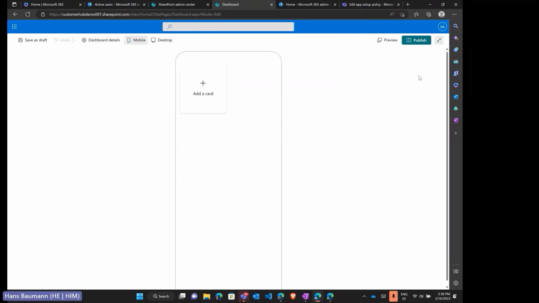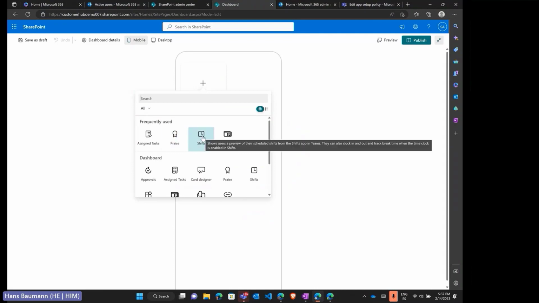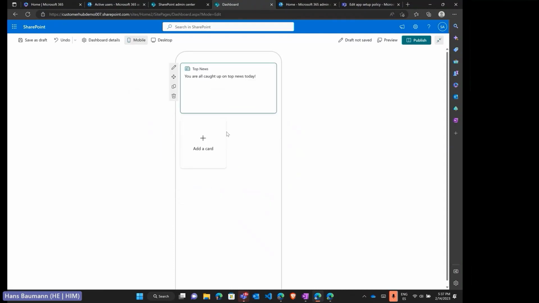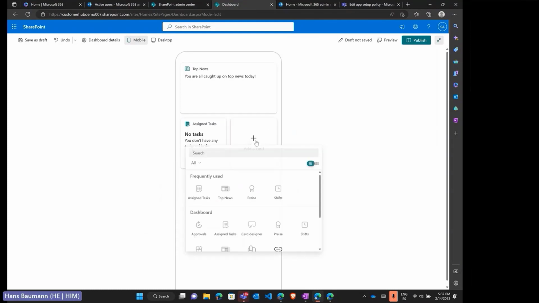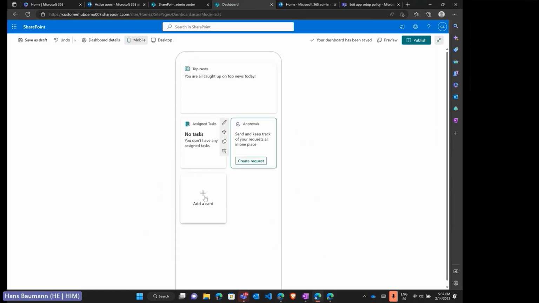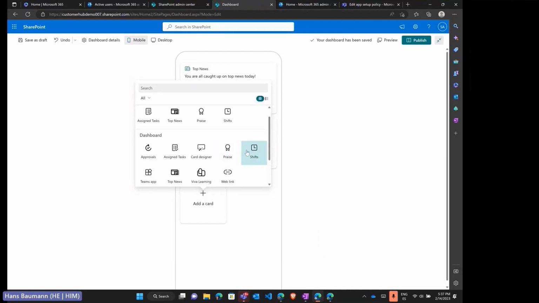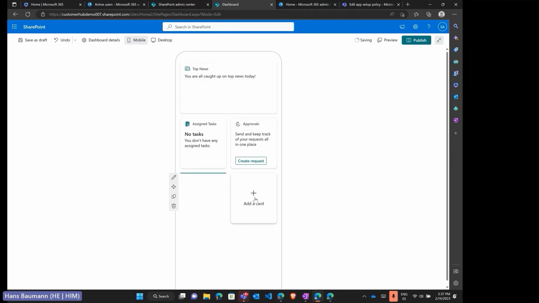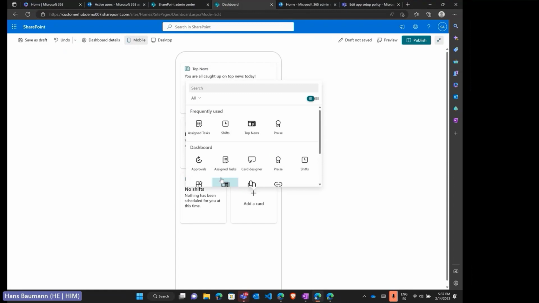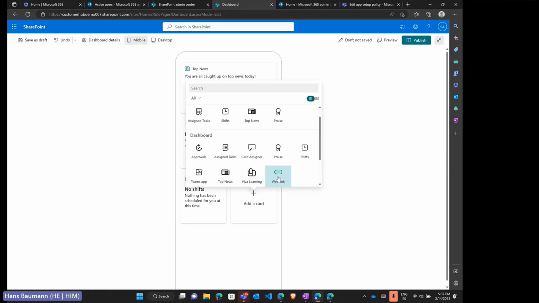It may break right now, at least. Oh, it didn't. Nice. In this case, I have the mobile experience and then I have the desktop one. It's just a preview of the design. And then I'm going to add some cards. I don't want to get into much detail right now. I'm going to add some cards that I have already, approvals, or shifts, for example. And let's go into assign the task,